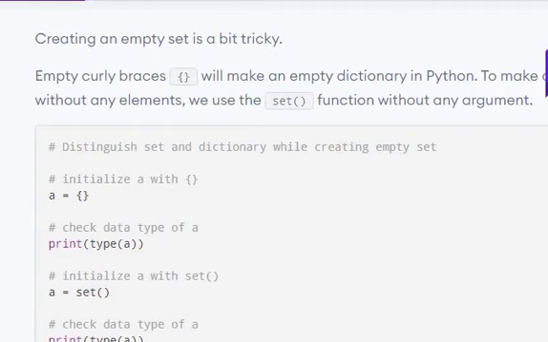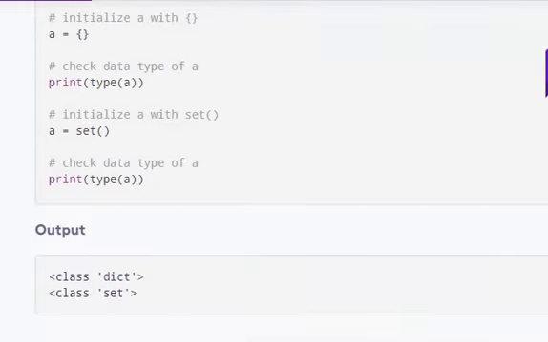It shows a dictionary, and that is very important here. Look at the output: initially we created an empty set with braces, and checking the type shows dict, it is a dictionary. Once you create an empty set with the help of the built-in function set and check the type, it shows set.